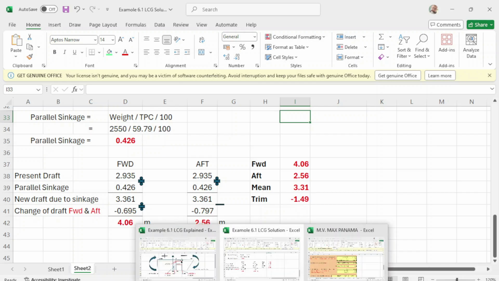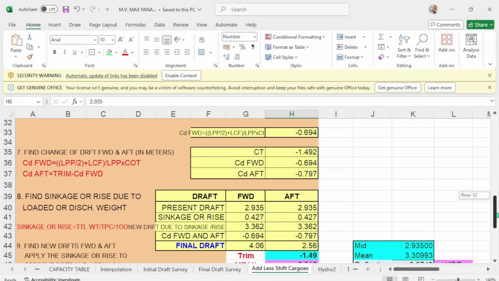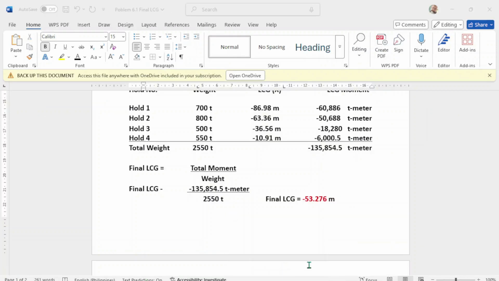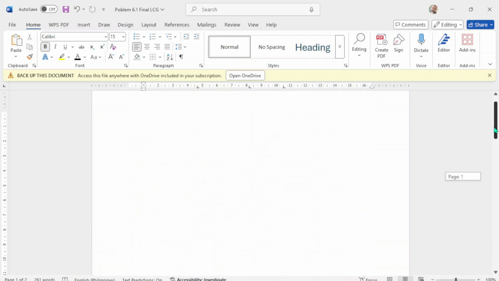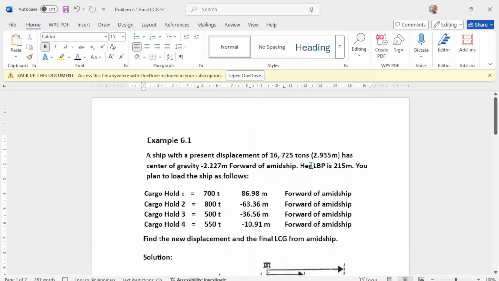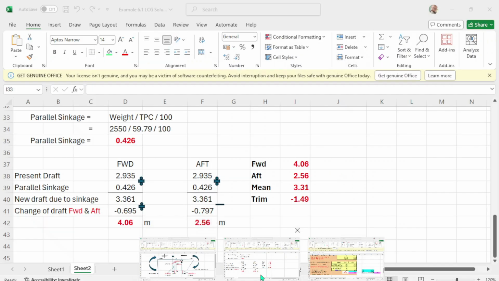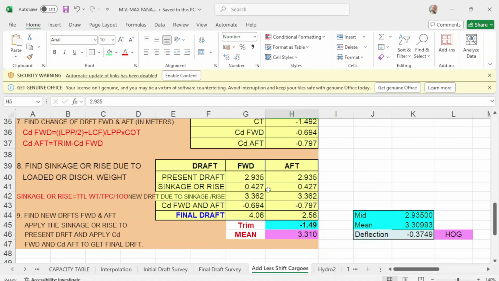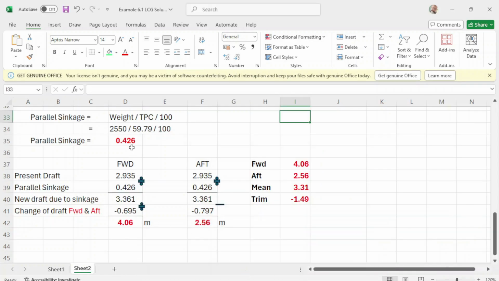Okay, let's check, guys. Your initial drop is 2.935, that is even keel. Then you apply the parallel sinkage of 0.426.